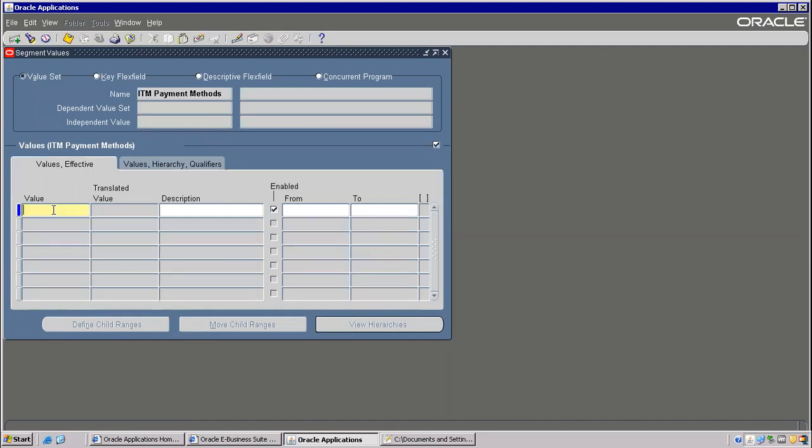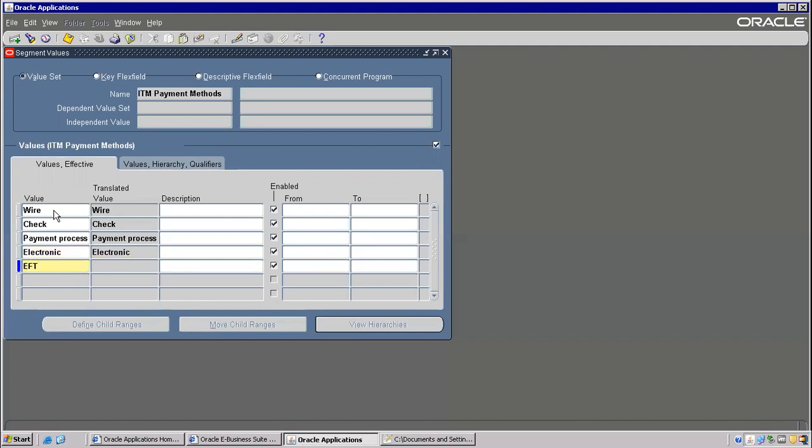Let's say payment methods. Do you remember payment methods? How many are there? Like wire payment method, then check, correct? What else? Then PPR, right? Payment process request. What else? Electronic fund transfer, EFT. That's it. Okay, these are all